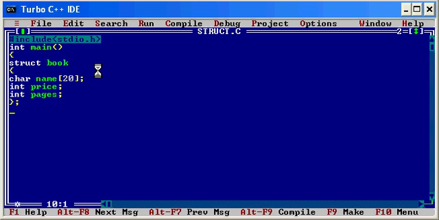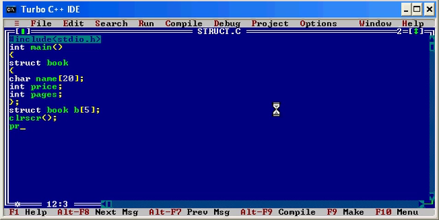So once I complete it, struct book. In the previous video we did b1, but in this video we are going to make use of an array of structure. I'll open the square bracket, b of 5 and semicolon. So this is the basic difference between the previous video and this video. Here we are using an array. Now you know how to declare an array, and now you know how to declare an array of structure, but how to access it I'll be showing in this video. So after writing this, I'll write clear screen